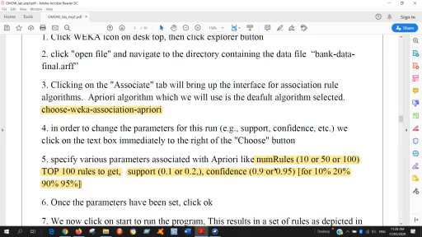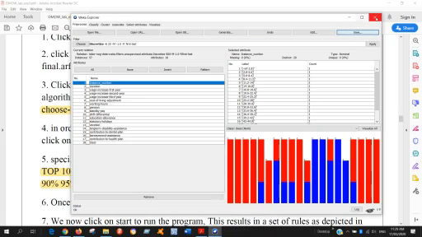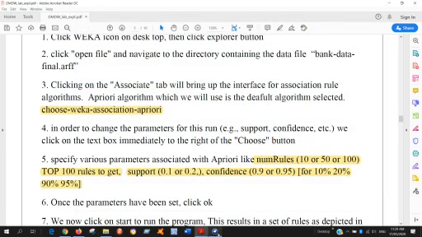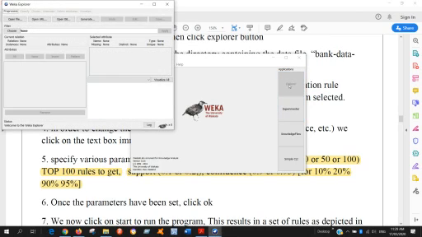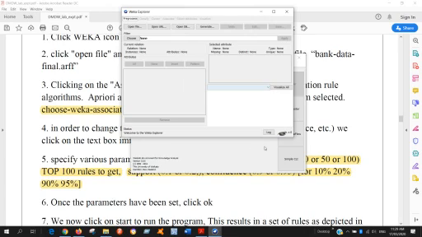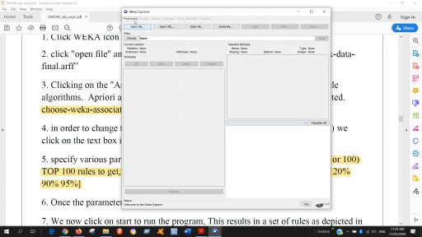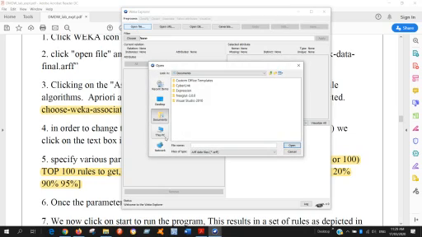For this you can go to the Weka Explorer. Close the previous program and go to Weka Explorer. Open the program, open file.